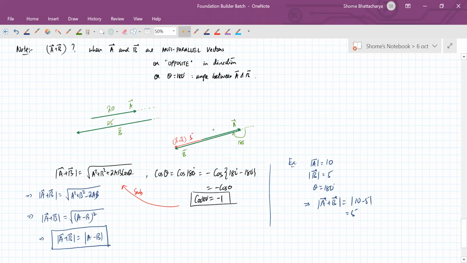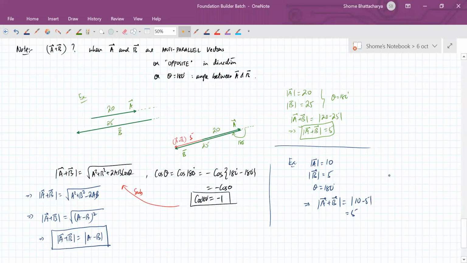Because this line is 20 and this line is 25, so obviously this one will have to be. So here when we substitute in the formula, if magnitude of a is 20 but magnitude of b is more, it is 25, and the angle between them is 180 degrees, then mod of their resultant will become this. So it should not be written as -5 because remember magnitude can never be a negative quantity. So that's why this mod sign becomes very important. So it becomes 5. And that is this particular example you can see. Whereas this example would look something different.